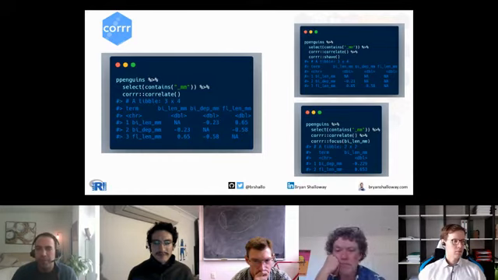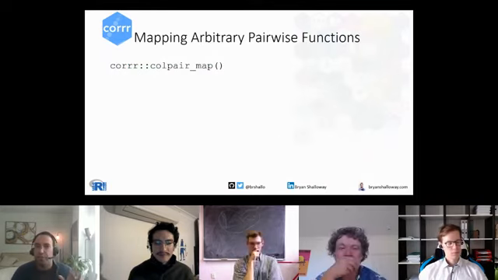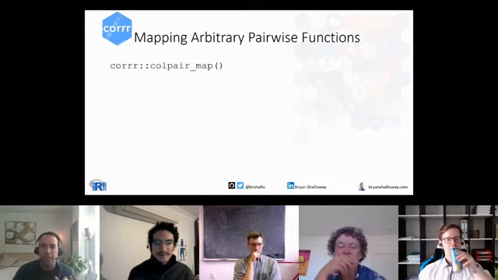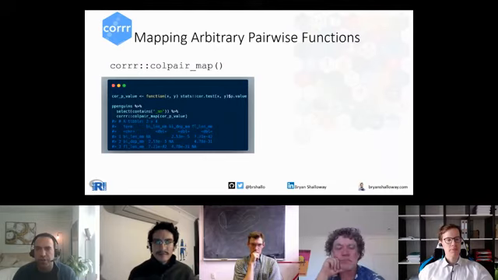The function though that I'm most interested in for the purposes of my talk is this function called colpair_map. I'm going to show the next slide that just shows a brief example of this on those 3 columns of data. I'm going to give you 10 seconds just to look at it and see if you can figure out how this function works.